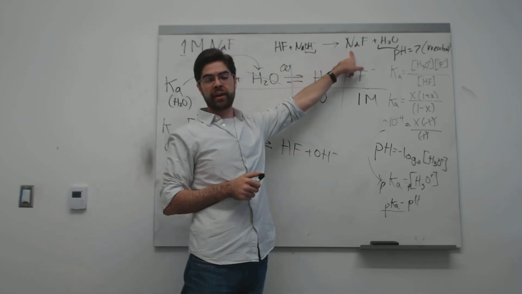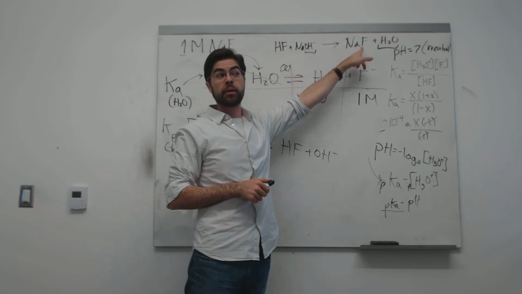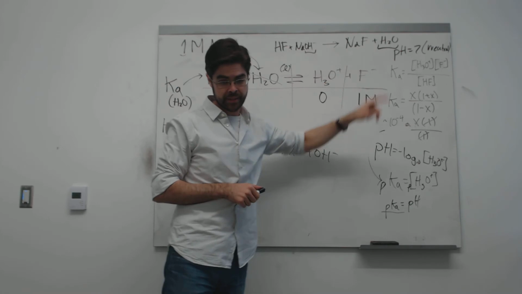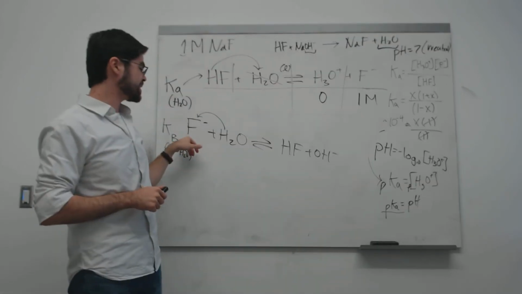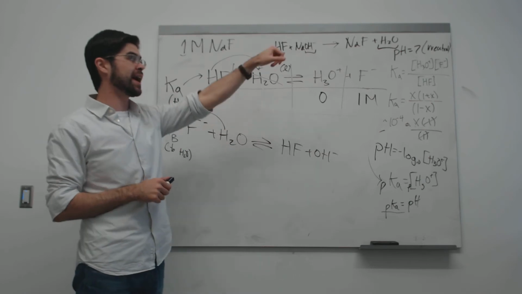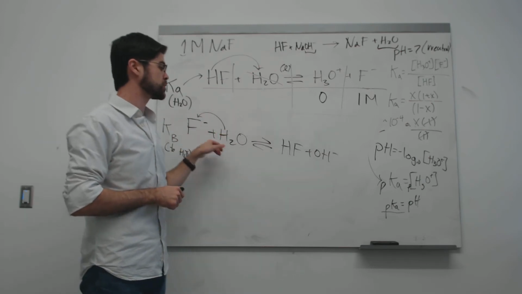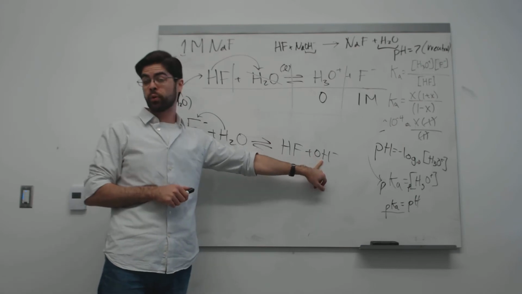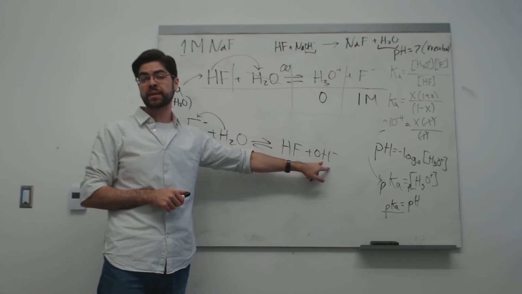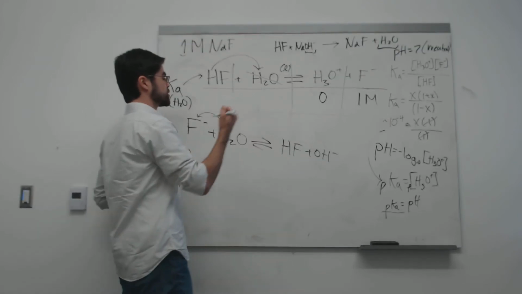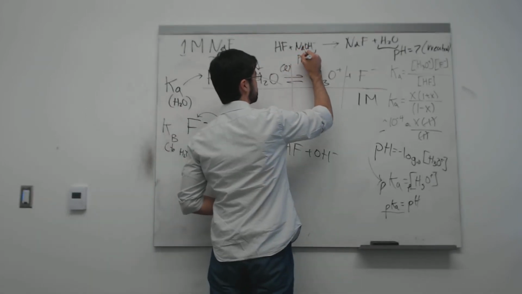The sodium ion's not going to do anything, but the fluoride ion is basic. The fluoride ion has a finite base dissociation constant. It will react with other water molecules and reproduce a little bit of HF and, more importantly, produce some hydroxide ions. So this might be the primary reaction,